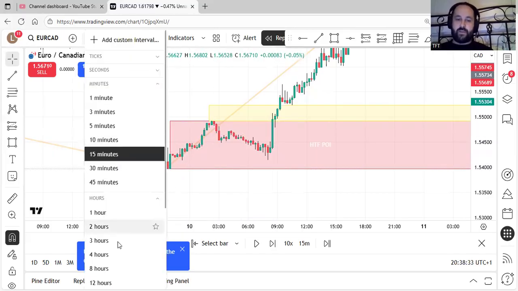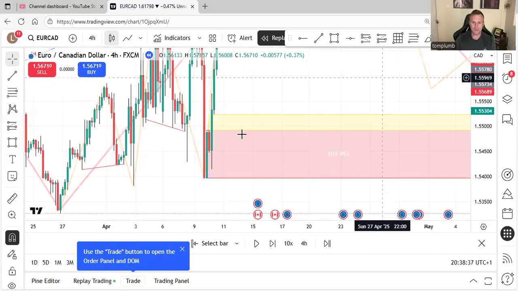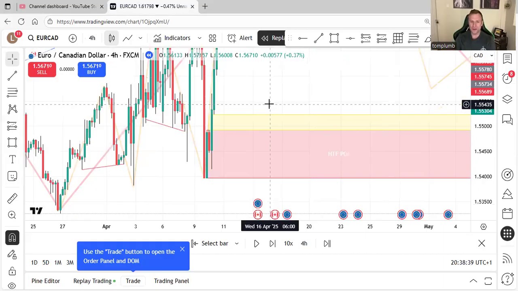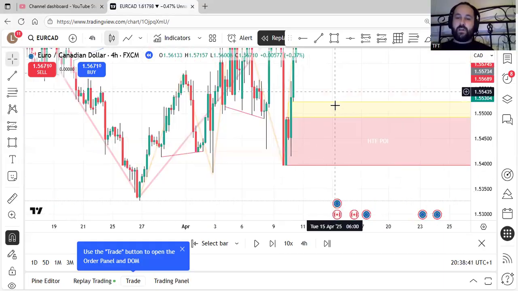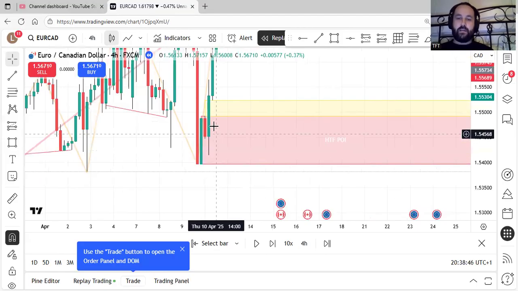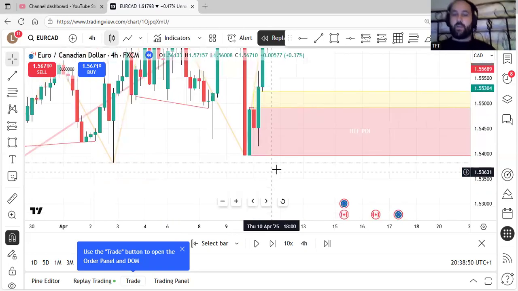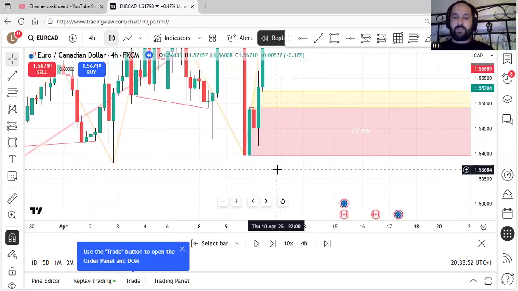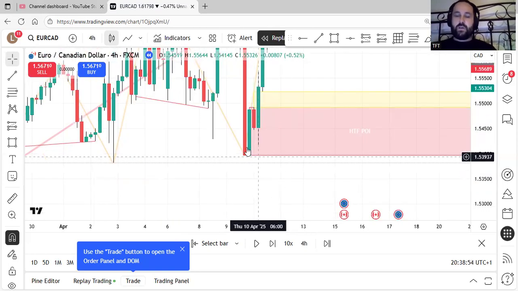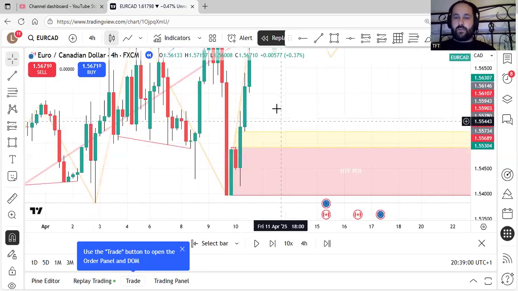But that's my 4 hour point of interest, so it's slightly higher on there. Okay, so that explains it then. The low to the creation of imbalance, that's your point. Because at any point in this the order can go in, but the order could go in like 5 or 6 different dribs and drabs, which I believe it does, which is why we wait until we get the clear one that does the business.